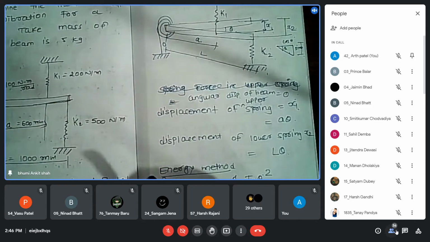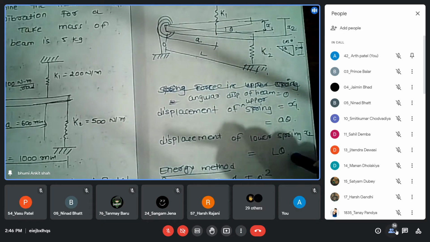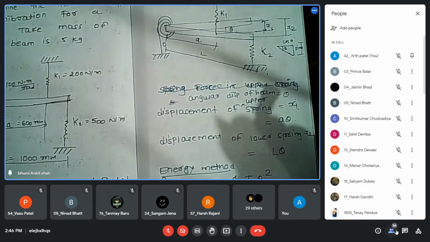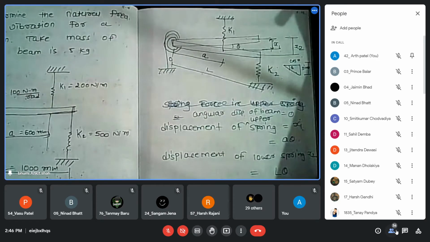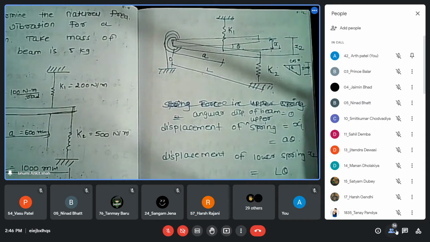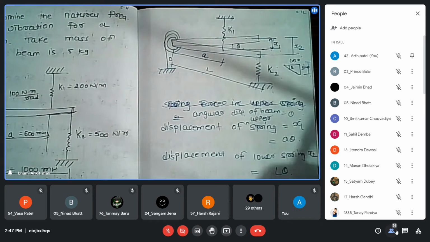See how the equilibrium position is displaced, how all the deflection values we have written over here. And up to this point, if it is okay, then it is very easy to solve further steps by the energy method, right? Then it is very easy. Okay, so just tell me how many kinetic energies are involved here? Here you will consider the kinetic energy for which component?